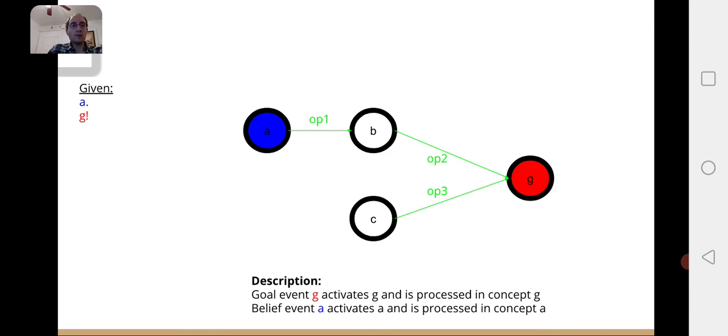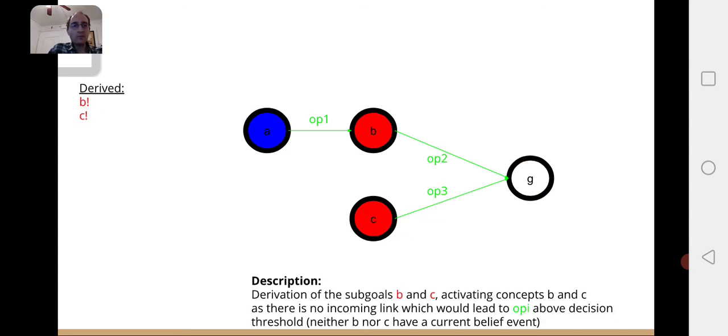So it will now evaluate the incoming links and try to use the operation op2 or op3, which best or most likely will lead to G to happen. However, in this case, neither B nor C was recently happening, so there's no good option currently to get G. So all the system can now do is subgoal. So it will derive B and C as a subgoal to be processed. It's because G cannot be reached in a single step